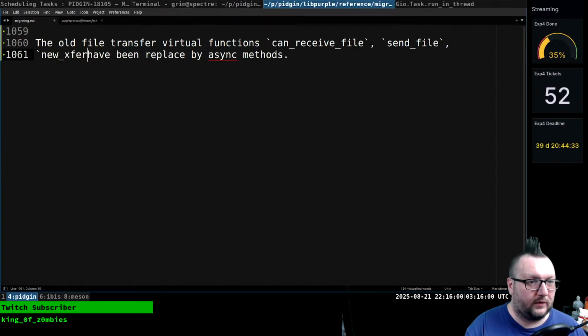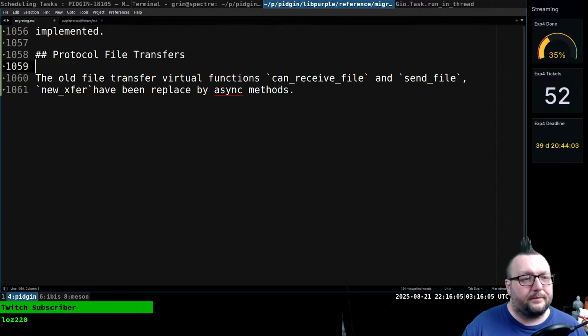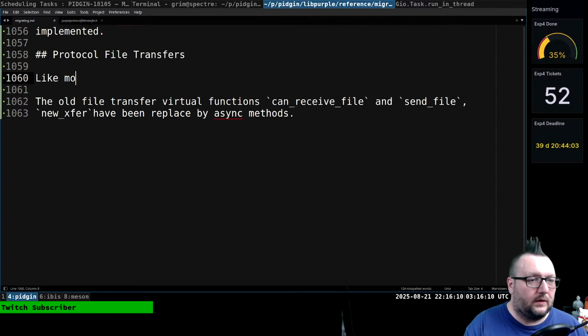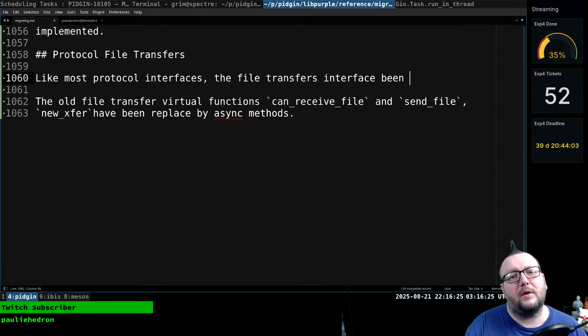New xfer. Oh. And like most interfaces, yeah. Protocol interfaces. The file transfers interface has been completely